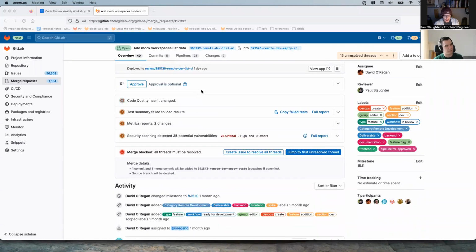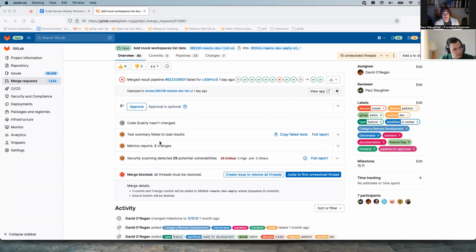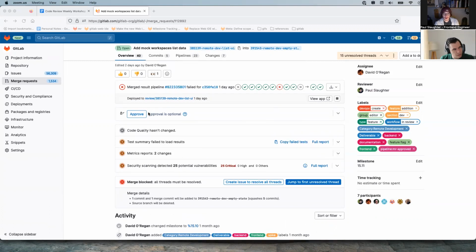Yeah. So based on the project's rules, it's possible that an approval from a code owner is reset when new commits have been pushed. The intent is, hey, new commits are pushed, this isn't approved anymore, someone needs to re-review and approve it.